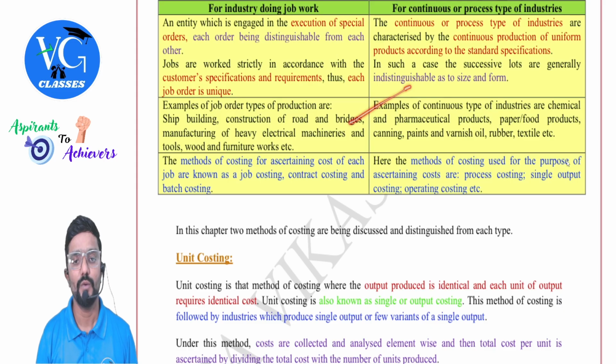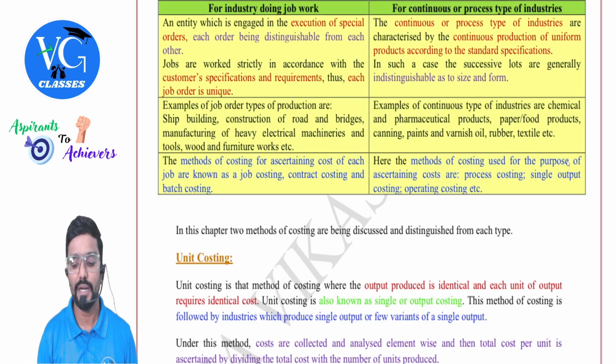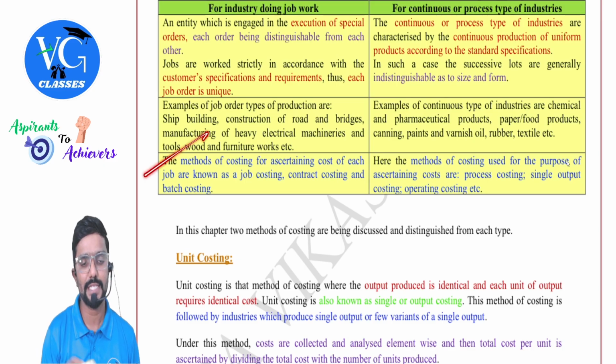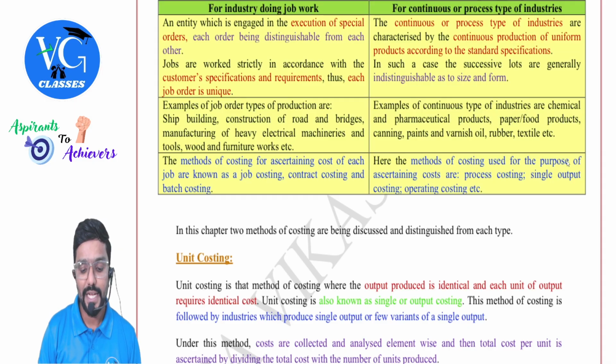Whereas coming to this, which are the industries which will follow this type of method? That is chemical and pharmaceutical products, paper or food products, canning, paints and varnish, oil, rubber, textile, etc. We will be manufacturing the same kind of product on a continuous basis. Then coming to the last difference, the method of costing for ascertaining the cost of each job is either job